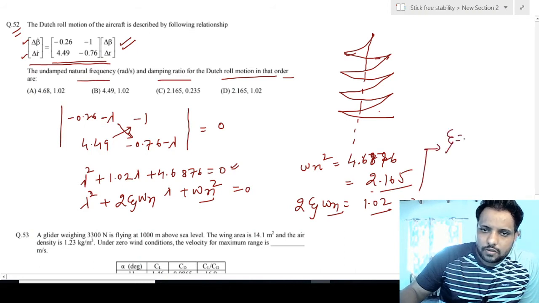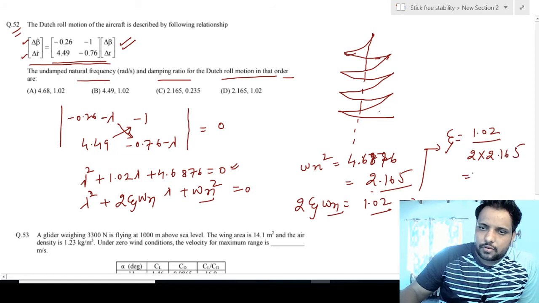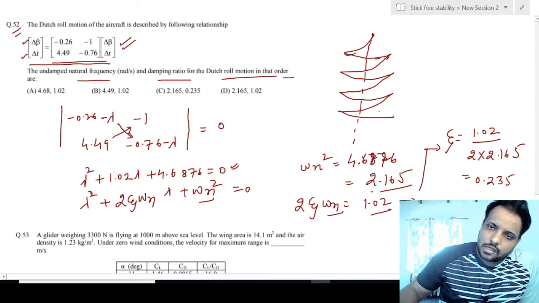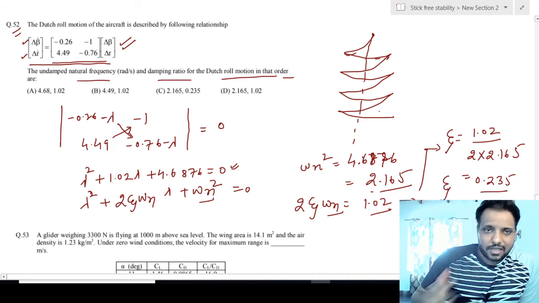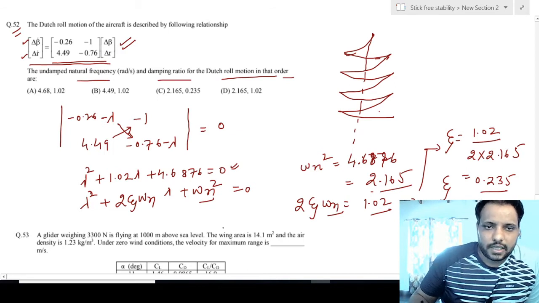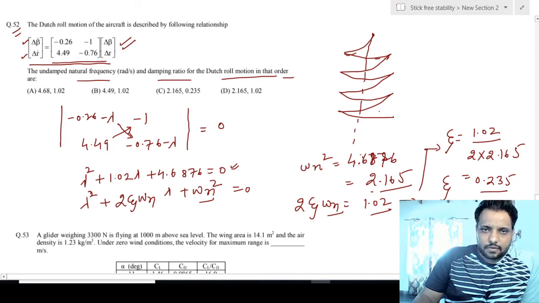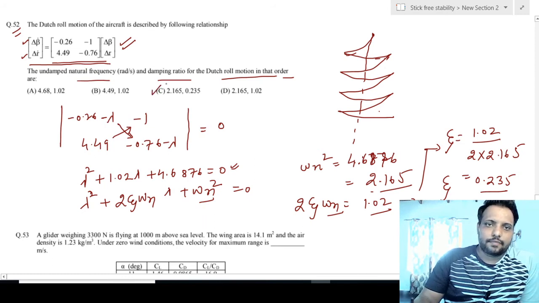zeta also. So zeta is 1.02 divided by twice of 2.165. That gives the value of 0.235. So that is the damping ratio. The damping ratio of a Dutch roll is 0.235, and the natural frequency is 2.165. So if I check the options here, option C is the correct one. Okay,